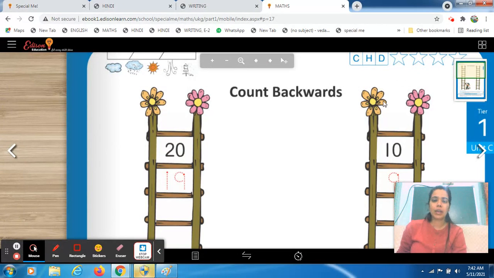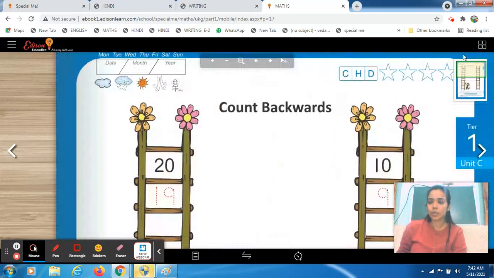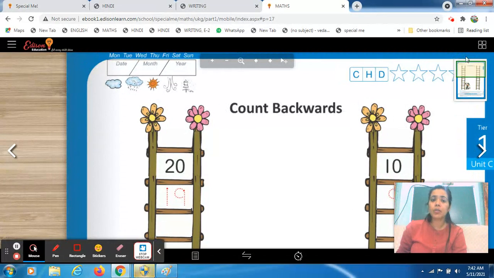Fine, students. Before starting this worksheet, what do you have to do first? Tell me. When we start a new worksheet, when we start our study, what do we do first? Ma'am, we have to write the date. Yes, you have to write the date first. On top here, you have to write today's date. Also circle the day as well. Go outside and check the weather. How is the weather today? Is it cloudy, rainy, sunny, snowy, or windy? You have to circle the clip art. Observe it carefully and then do it.